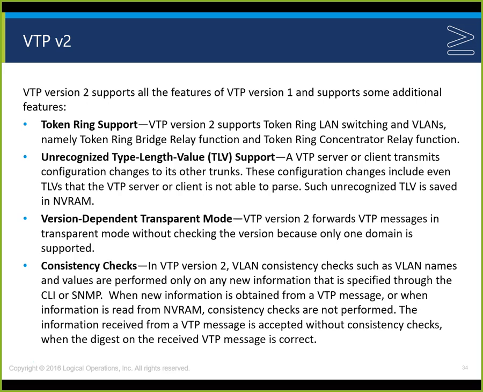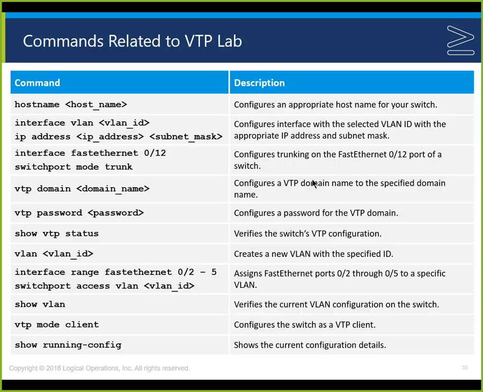It forwards the messages in transparent mode without checking the version number, so we don't have to worry about the restriction that version 1 had. And then the consistency checks, such as VLAN names and values, are performed only on new information specified through the command line interface or SNMP, not on the information in the configurations themselves. So now we're up to some